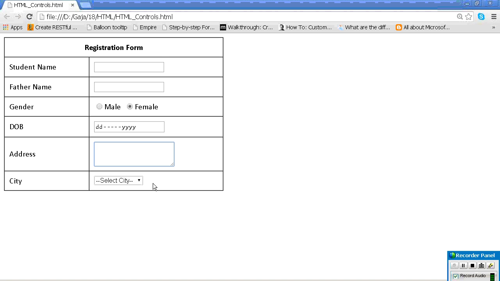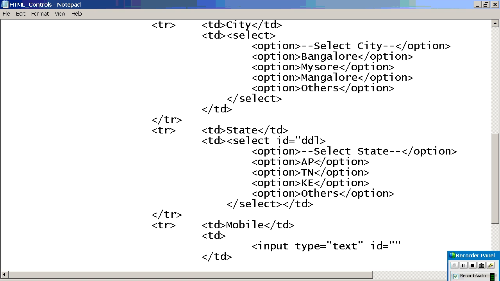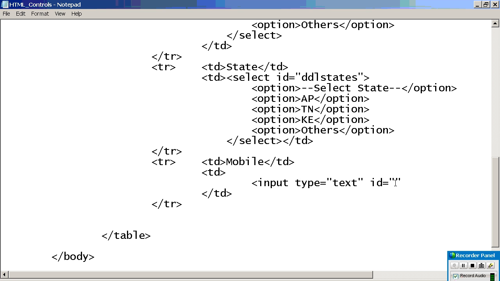Okay, this is called multi-line text bar. But technically our words are different. As an end user, the terminology for this one is multi-line text bar. This is single line text bar, multi-line, date, time, radio button. Then this is called drop down list. But technically we will use that. You can give ID for this one. There is no issue. Are you understanding? Yes.